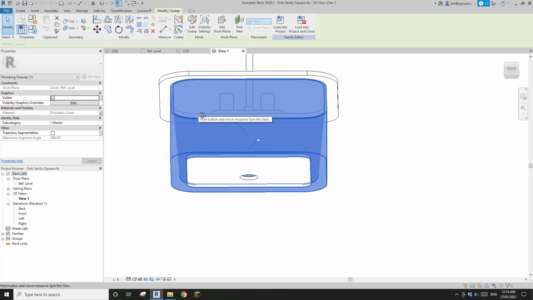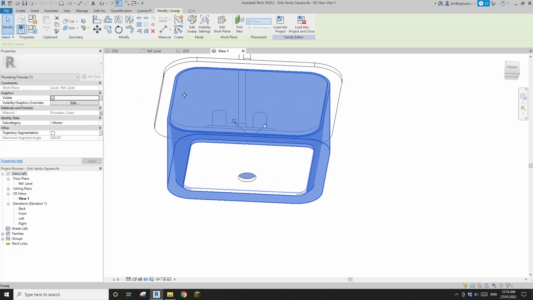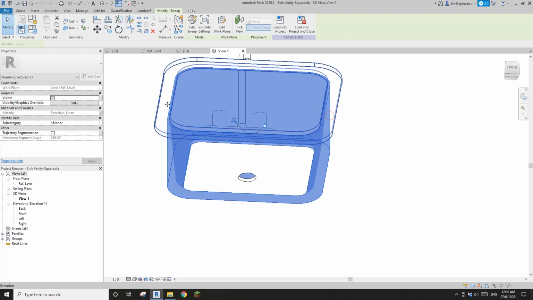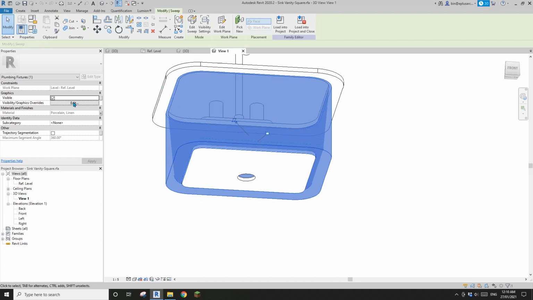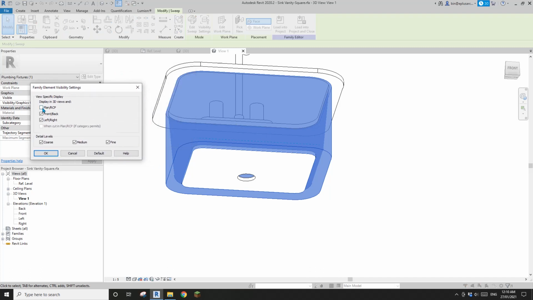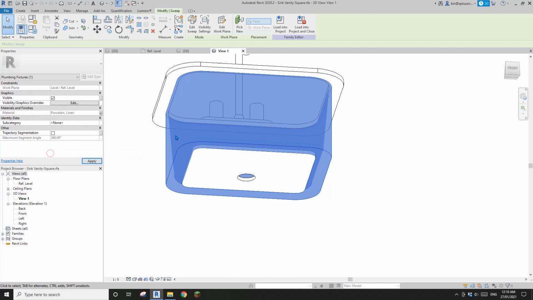See, we will need to cut a void to match the size of this part of the geometry. But if you edit this visibility graphic override, see, it's unchecked in plan and RCP. So that's why we can't see it in that face-based family. So we just need to check this and okay, and then